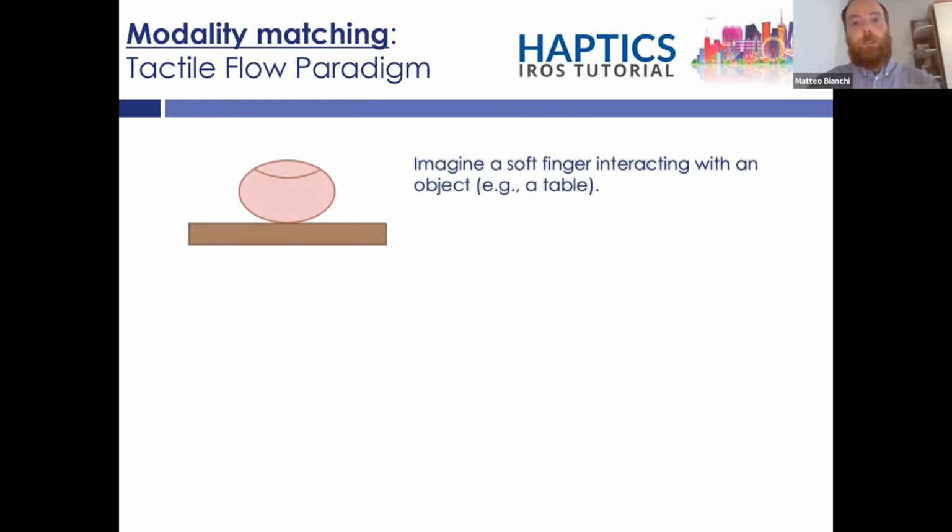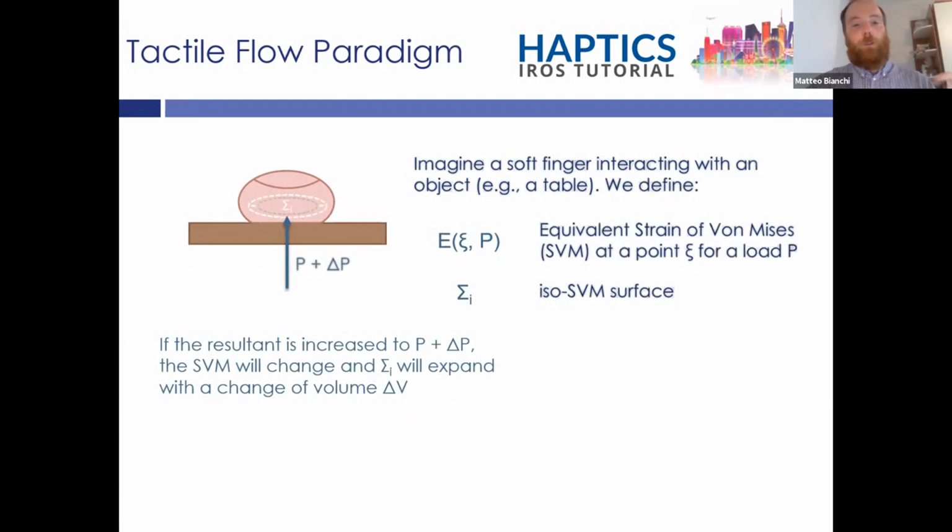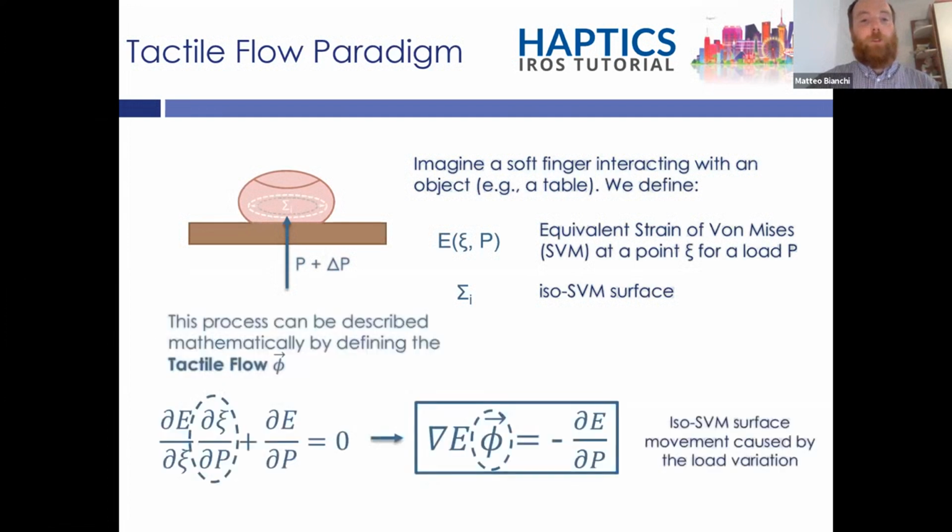If you imagine interacting with an object, when you press against this object, as soon as the force increases, we can observe an expansion of isostrain surfaces within the finger pad. And we can describe this isostrain surface expansion using a model which is the tactile flow,